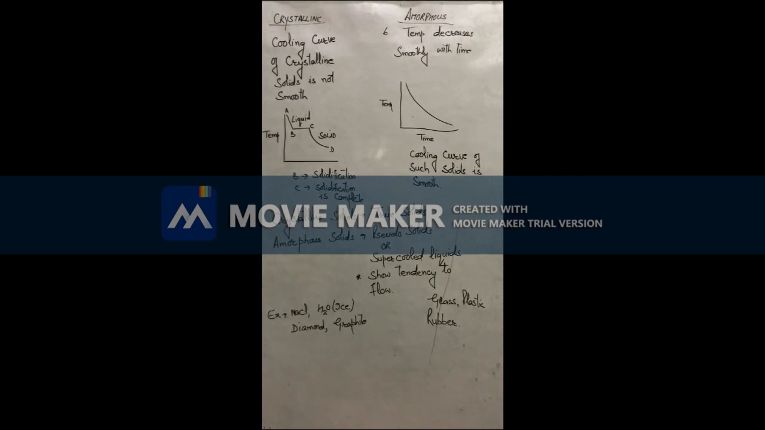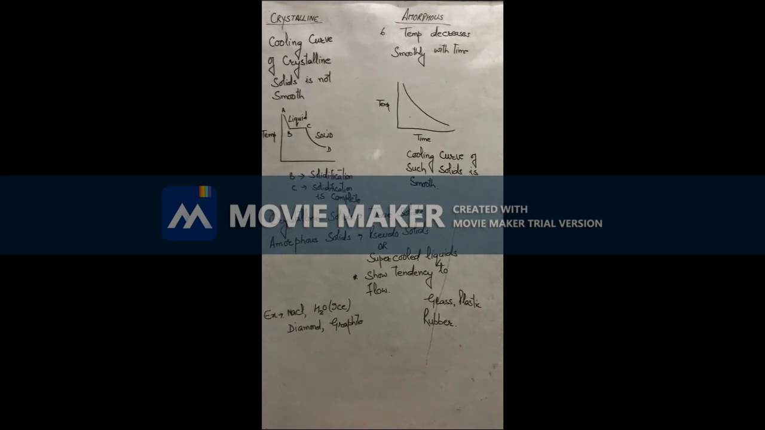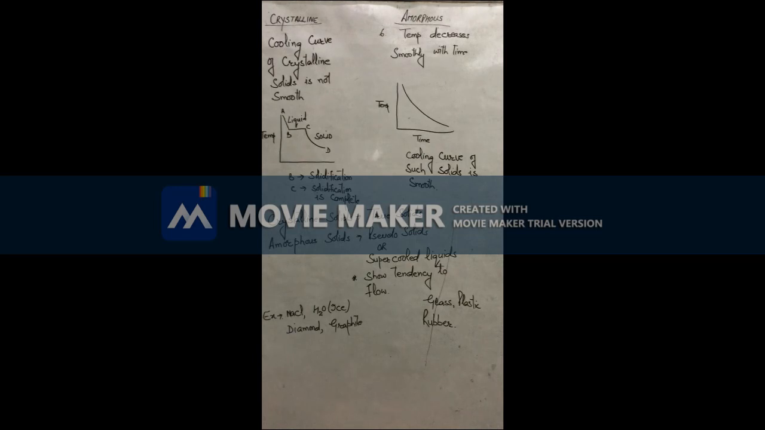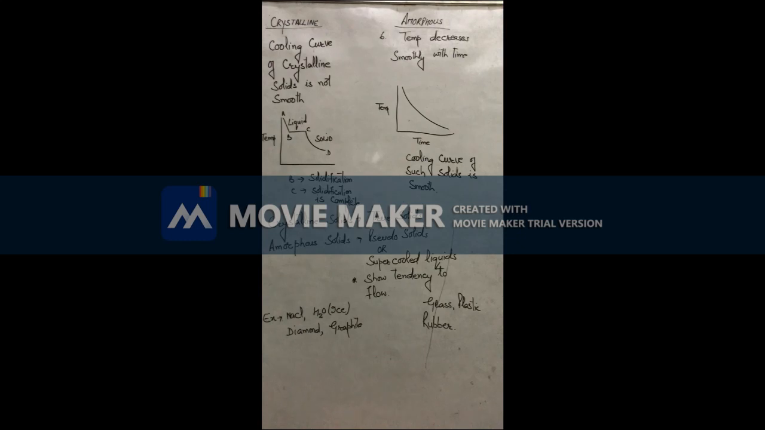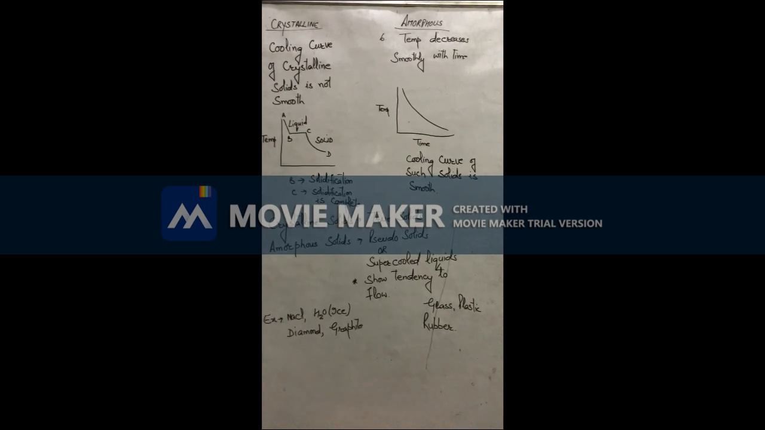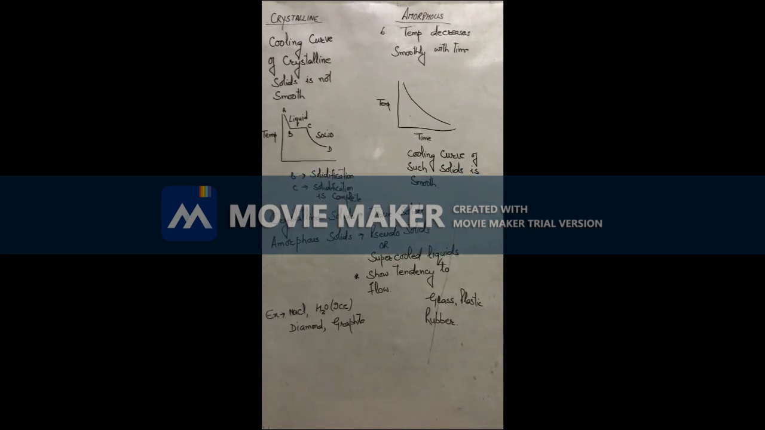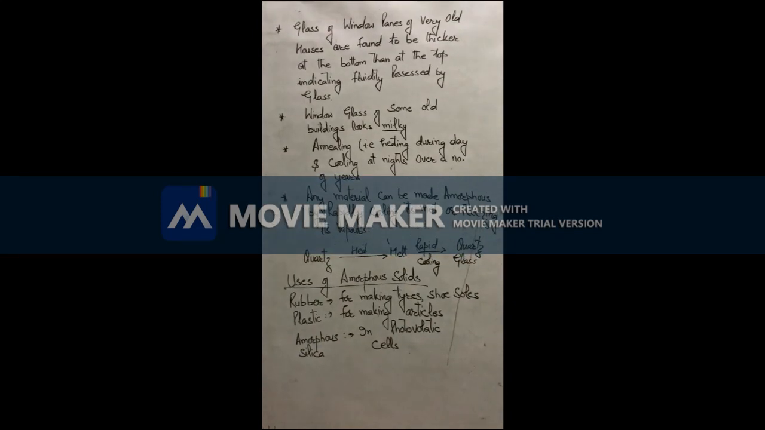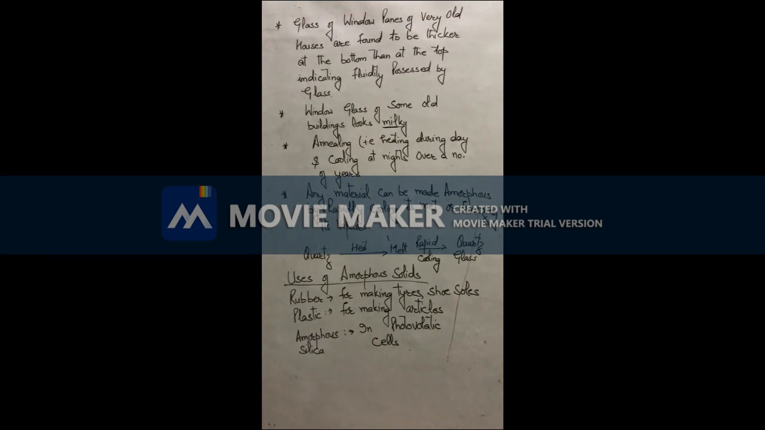So you know glass is known as super cooled liquid, and it shows the tendency to flow. And the examples of crystalline solids are sodium chloride, water in the form of ice, diamond and graphite. And the examples of amorphous solids are glass, plastic and rubber. So these are the points of difference between crystalline and amorphous solids. Now, these are very important points जिसमें से maximum बेटा questions आते हैं।